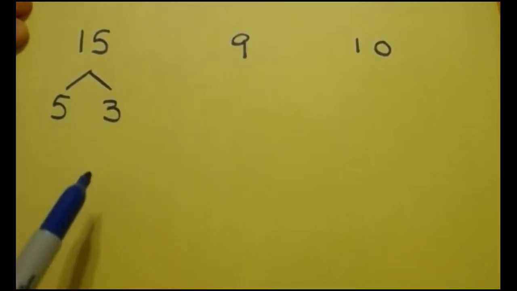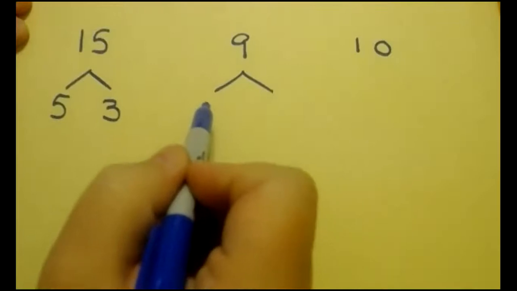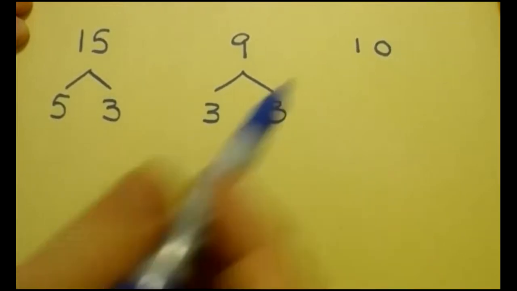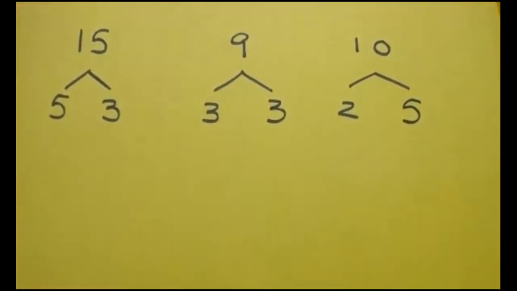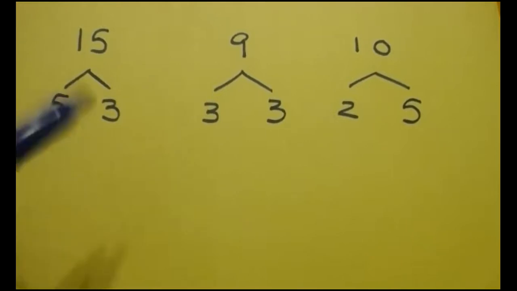Okay? I'd like to find the least common multiple of these. So I'll begin by writing out the prime factorizations of all 3 numbers. This will be 5 times 3, right? This one will be 3 times 3. This one will be 2 times 5. Very basic prime factorizations this time, but we're trying to prove a point and we're trying to illustrate the way